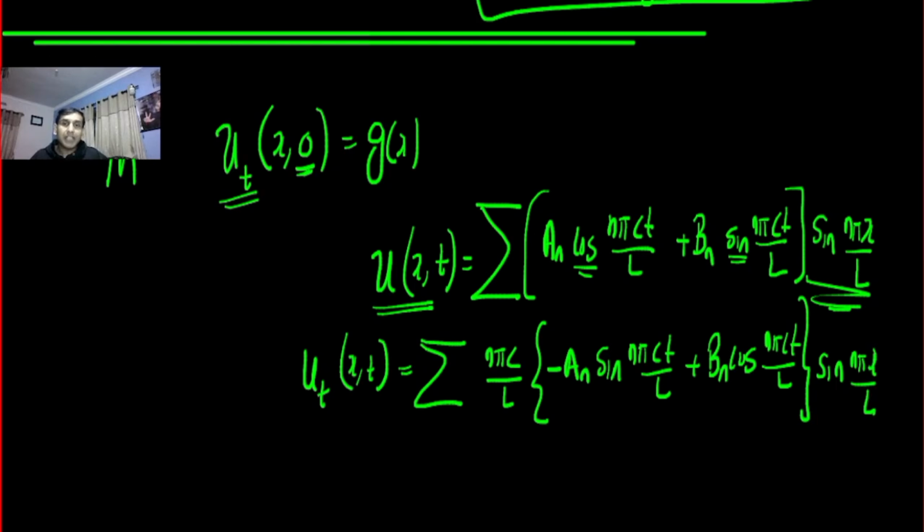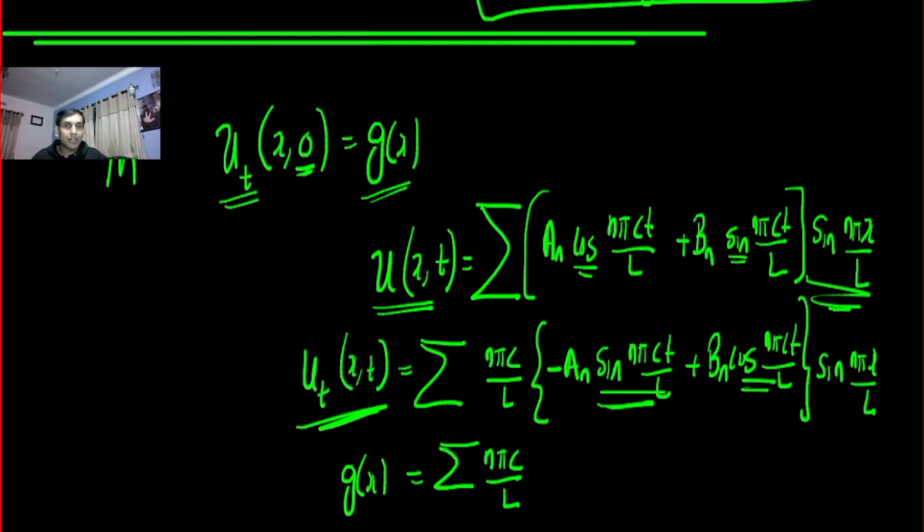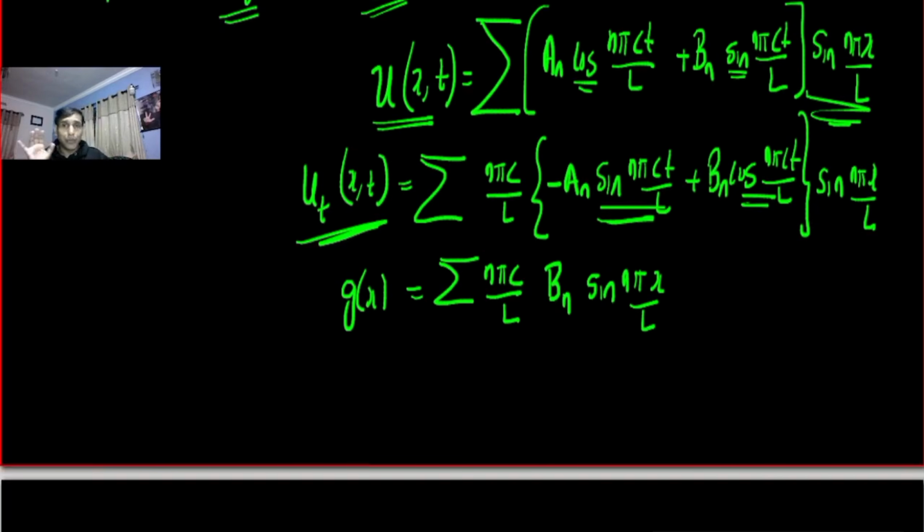Now I'll plug in t equal to 0. I had to rewrite this as g of x. Like I told you, g of x can be any function. So g of x equal to sigma n pi c by L. And this will vanish. This will become 1. So eventually I'm going to get bn sine n pi x by L. Okay. Now, if you do not remember, I'm warning you, you're going to lose 18 marks. This part is